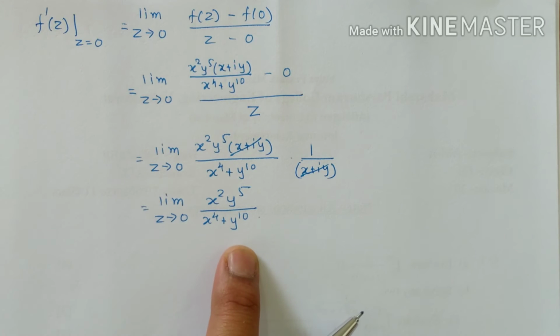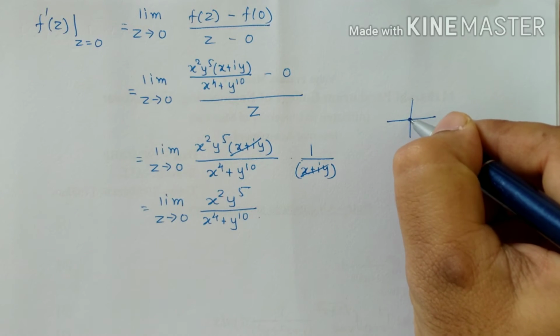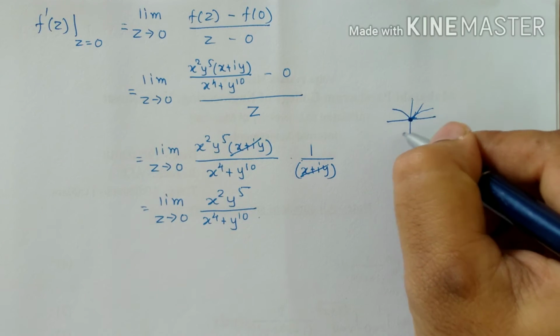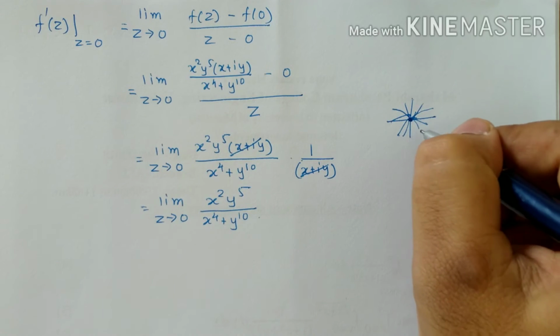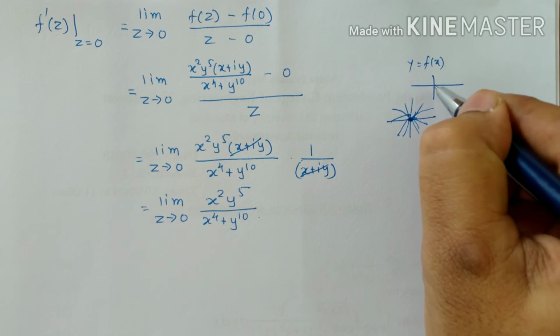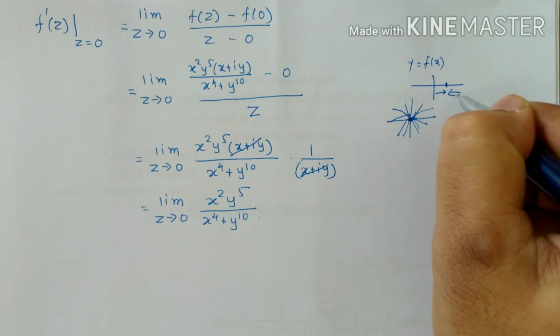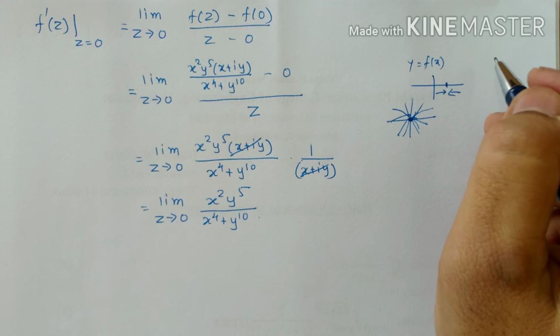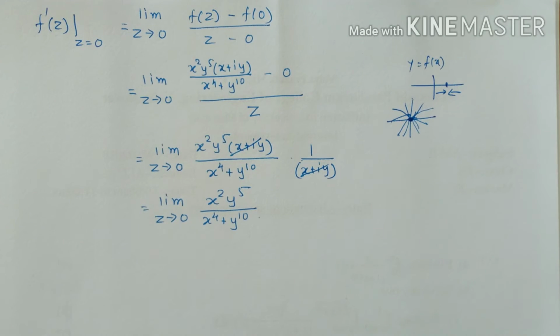How to calculate this limit? See, we are working on a plane. So while working on the plane, we have different approaches for z is equal to 0. See, this is my origin point, z equal to 0. We can approach by a straight line, we can approach it by a parabolic path, any path you can choose. While discussing a y is equal to f of x type function, that is a real valued function, we have only one way of approaching x, either left or right. So we go for the left hand limit and the right hand limit. But here that part is not available.